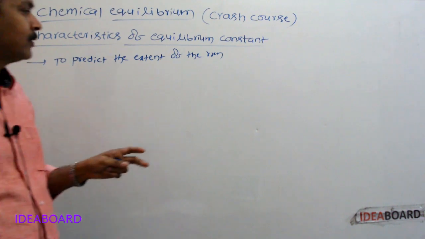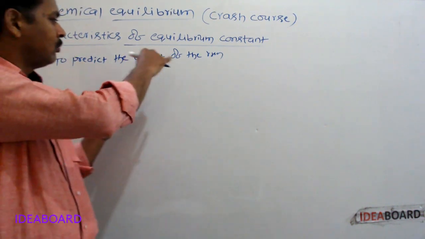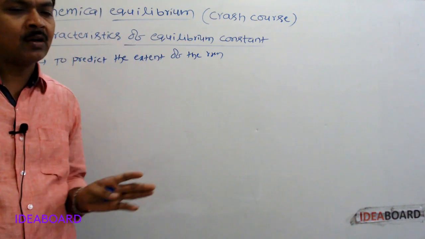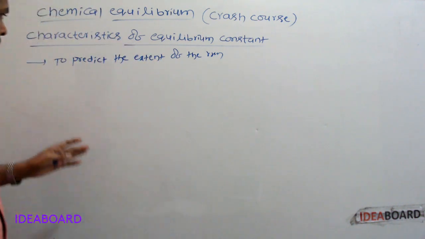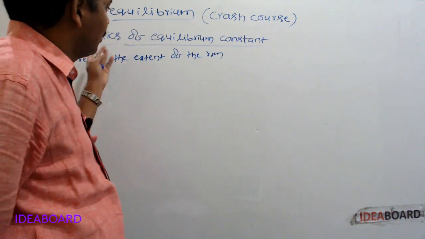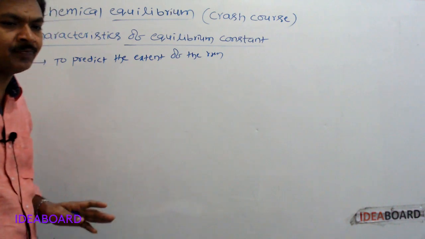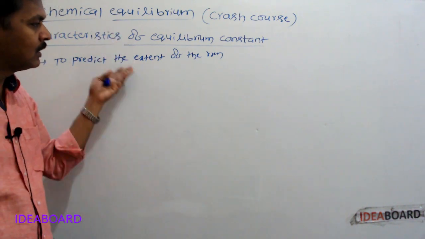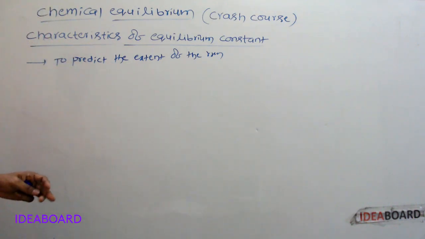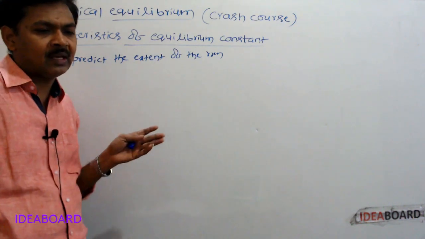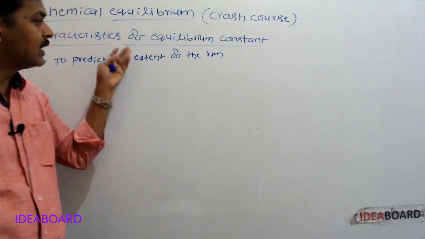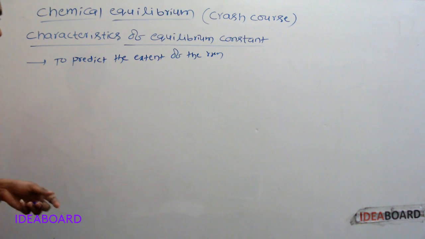The reaction having more equilibrium constant value goes to more completion towards product sides. If the Kc value is more, the reaction will be more complete towards product sides. If the Kc value is less, there is less completion towards product sides. Kc value more means the extent of reaction will be more towards product sides. Kc value less means the extent of reaction will be less towards product sides.